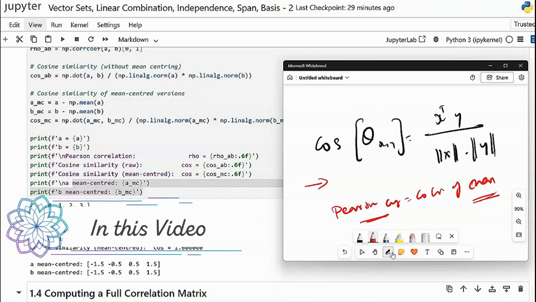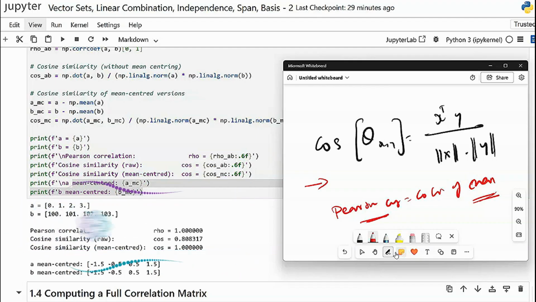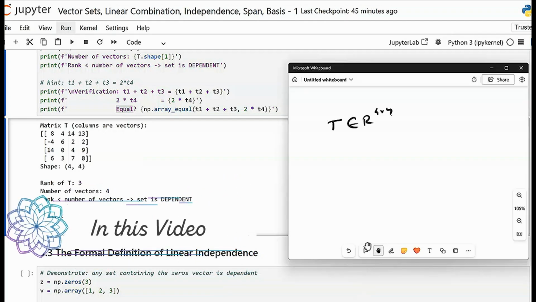You would ask when to use Pearson or when to use cosine similarities. For that, kindly note: Pearson correlation is used when you care about relative changes. One thing kindly observe, dear friends: if the rank is less than the number of vectors, it is dependent, and if the rank is equal to the number of vectors, that is